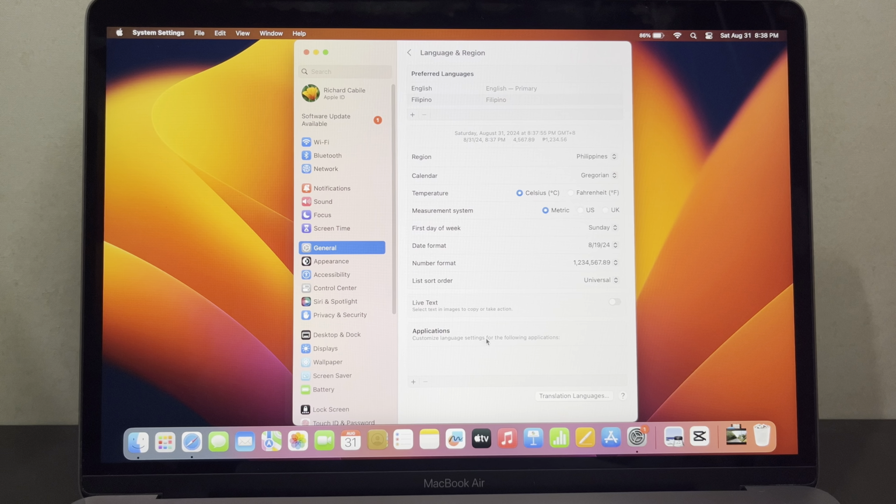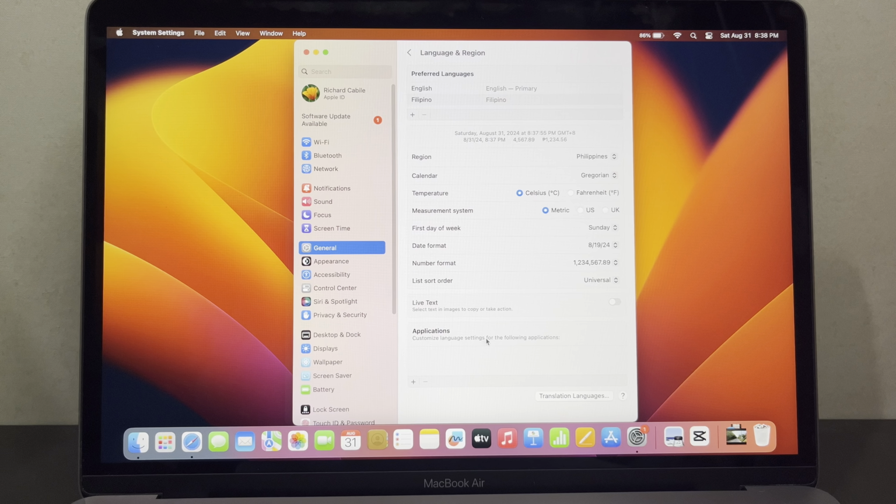So guys, if you want to add more, you can click the plus sign again and select the application. For my example, Preview, and also you can change the language of this Preview application. For my example, I set it to Finnish and click Add. And you have successfully customized the application language of these two applications.